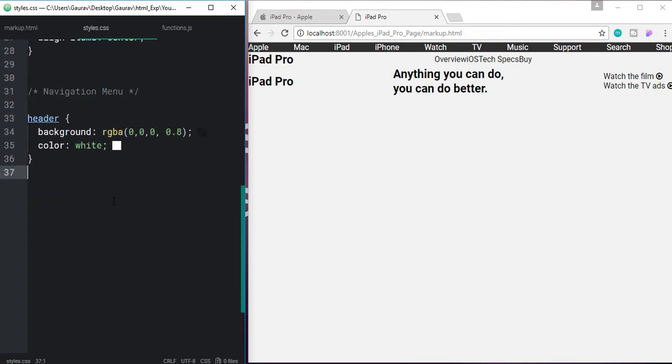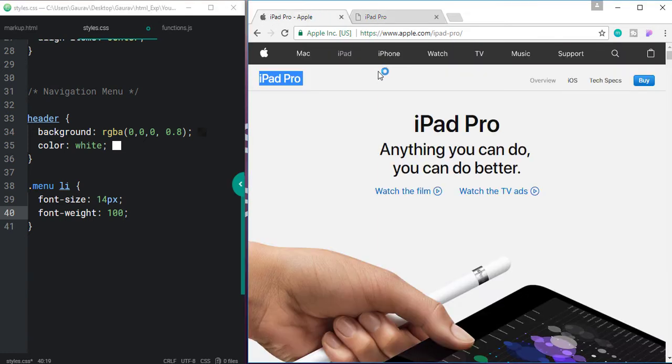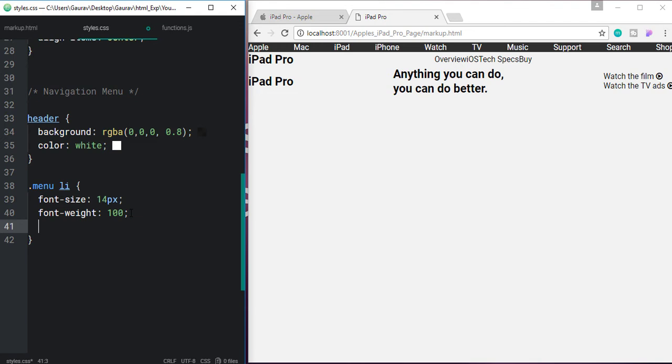And now let's target our list items. So for list items we need to set the font size to 14 pixel, font weight to 100 because the font weight is very thin. And let's change the cursor to pointer.